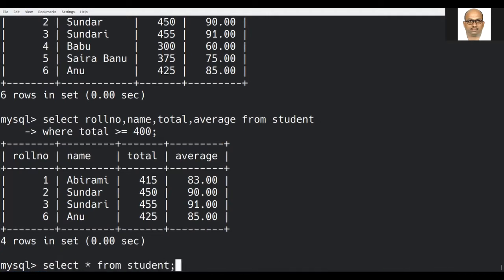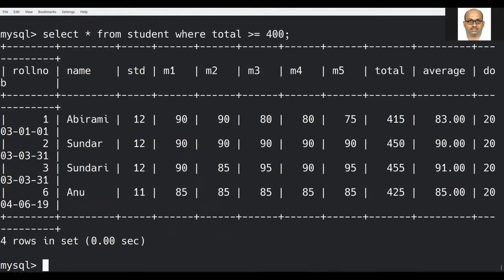So can we use the same thing here? While selecting all the columns, can I give a condition? Yes. Let us check. Total greater than or equal to 400. Here again, the 4 rows with all the columns are selected. Why? Because I have applied star there. All right.